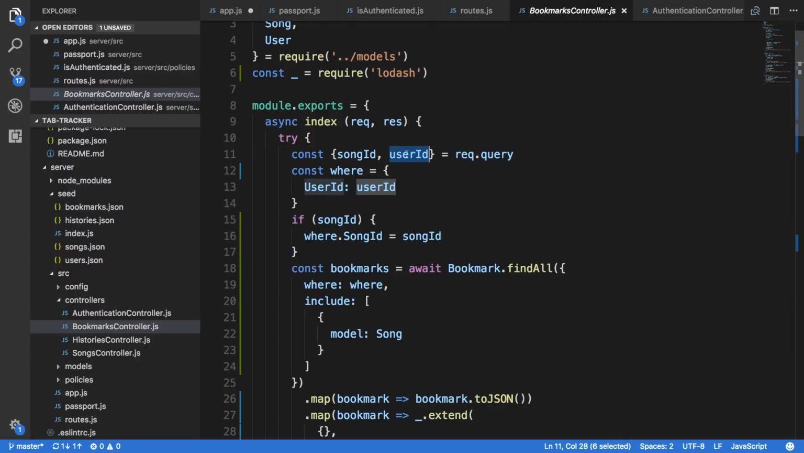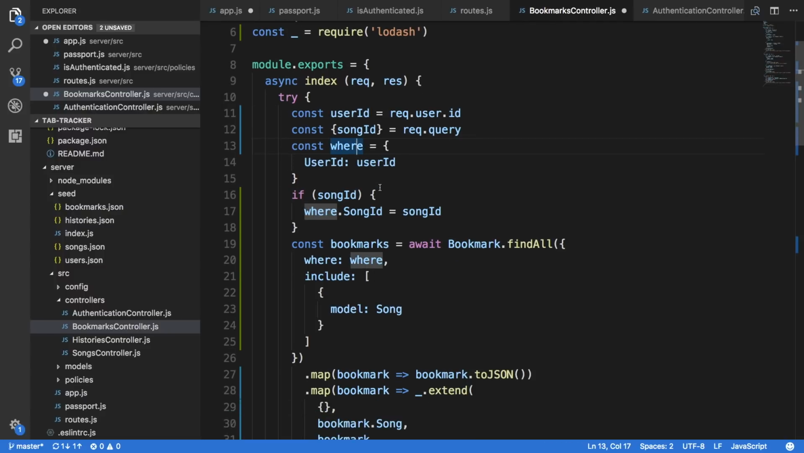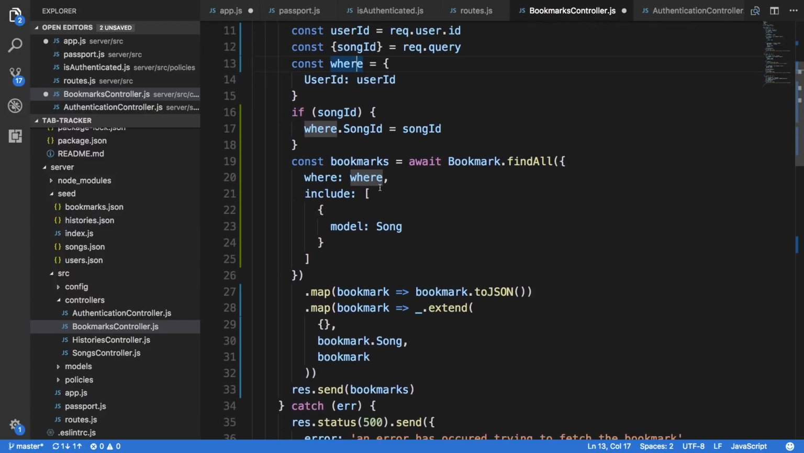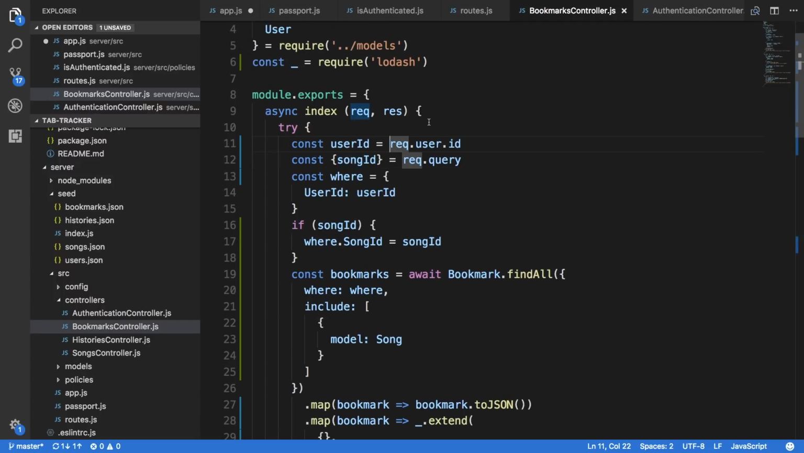So at this point, it makes more sense to instead set user ID equal to req.user.id, because that's coming from the JWT token, which has been proven to be valid. So we don't want to accept it from the query string anymore. Instead, we just accept it from the user ID. And I think that should completely change and make this endpoint authenticated. So if I were to save this,